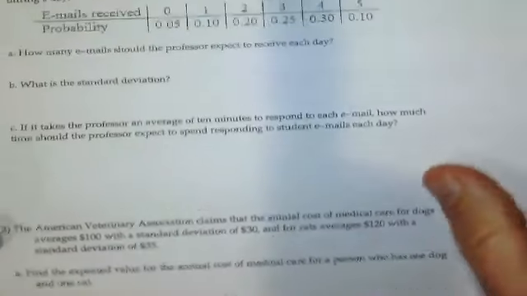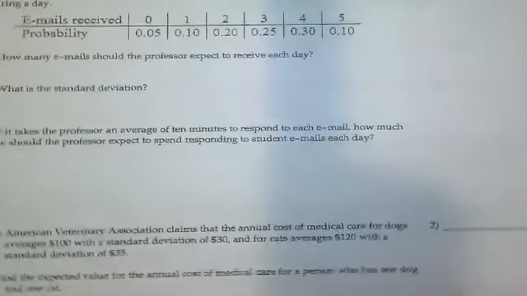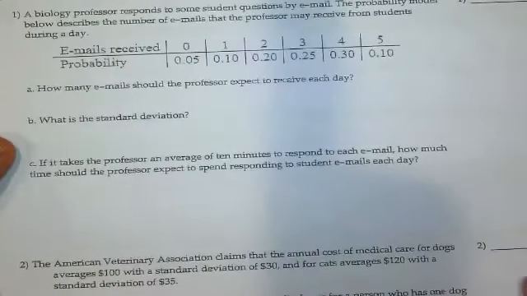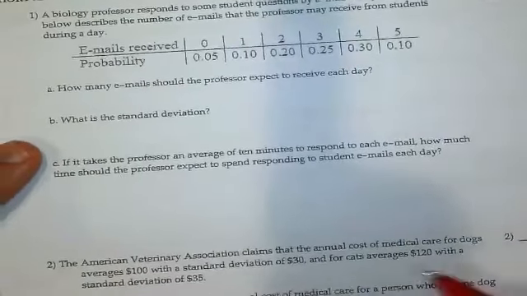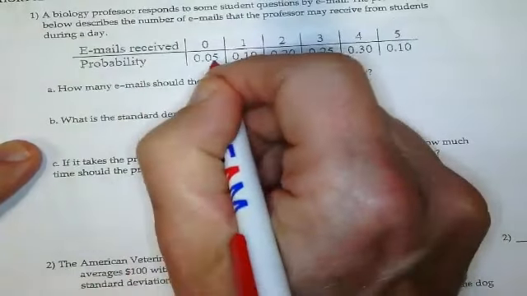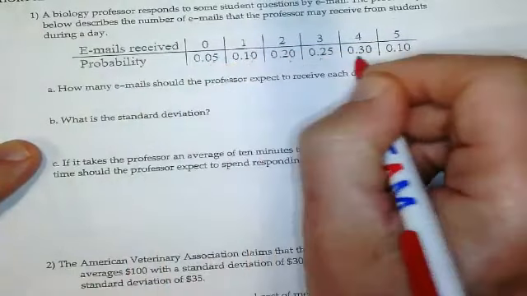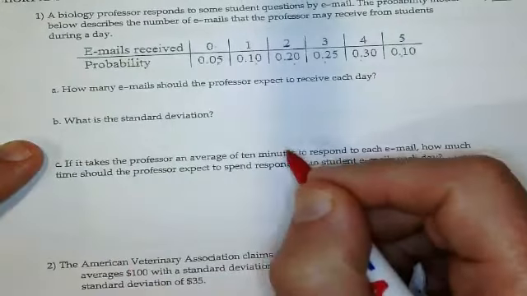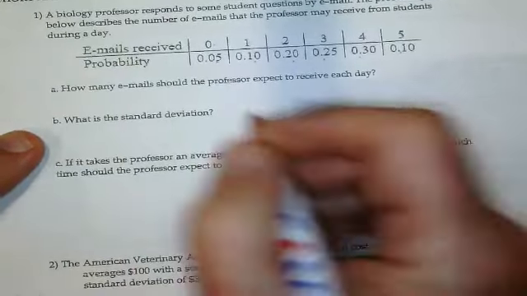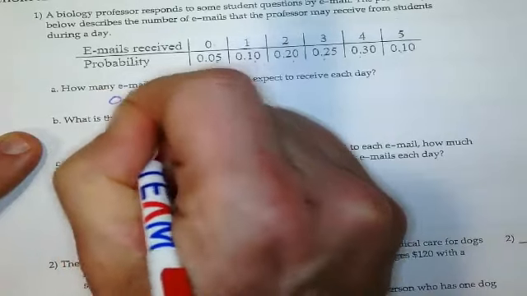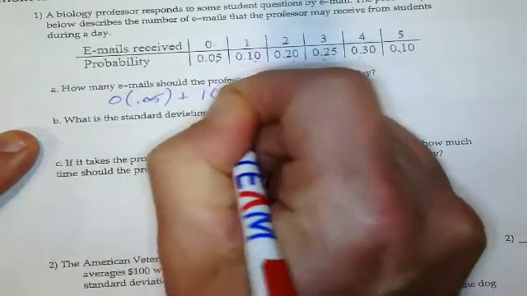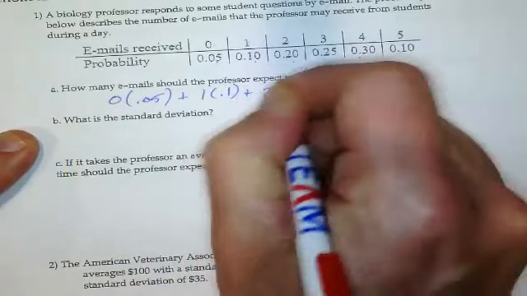Okay, here we go on talking about expected value. To find the expected value, we're going to take each of these numbers, the probability of the number times that value given, and we're going to find the sum of those. So I'm going to find 0 times 0.05, which of course is 0, plus 1 times 0.1, plus 2 times